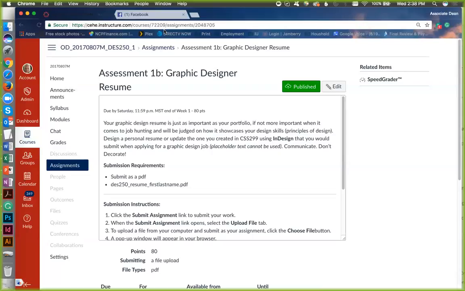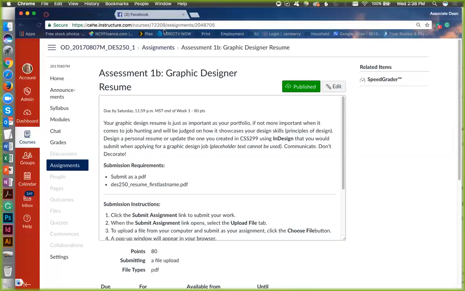And I'm actually going to take one of my resumes and bring it in here that I purposely made so it's not on the up and up, if you will. It doesn't showcase all the principles and stuff. So you guys can help me to fix it. The more you know how to fix it and why we fix it and why it's not cohesive, the better you are as a designer.